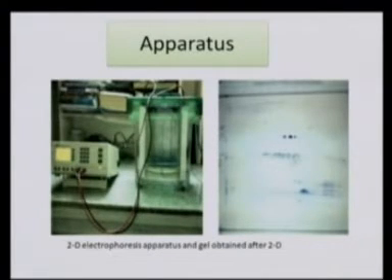Here you can see in this image how the apparatus looks like. On the left side you can see the entire apparatus, which is more or less similar to that of your SDS-PAGE, but the size and the power will vary from the SDS-PAGE to that of the 2D-PAGE. On the right side you can see the gel which is subjected to the SDS-PAGE. On the top side we are going to keep the IEF strip and allow it to go for the two-dimensional electrophoresis. So on these parts, these are the spots of separated individual proteins.